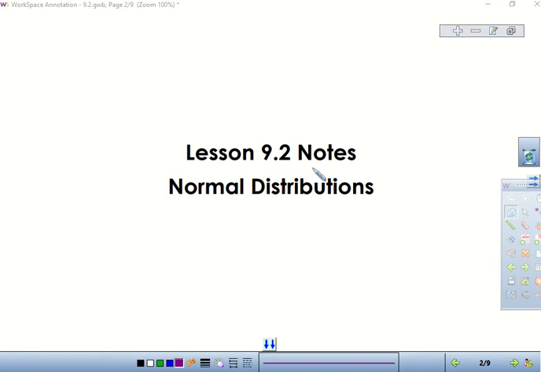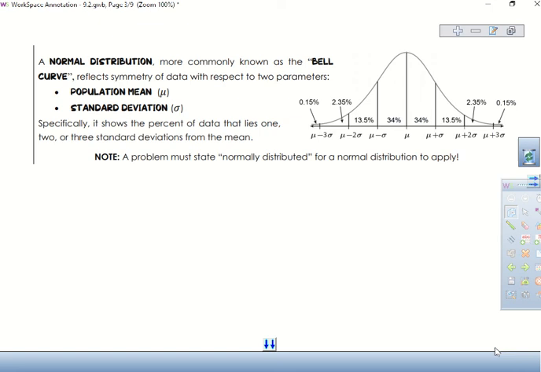Alright, so today we're going to be doing lesson 9.2, which is going to be normal distributions. So today we're really going to be getting into the math that is applicable in statistics. So a normal distribution, more commonly known as the bell curve, reflects symmetry of data with respect to two parameters. As you can see, this is symmetric, and there's two parameters that we use to create one of these